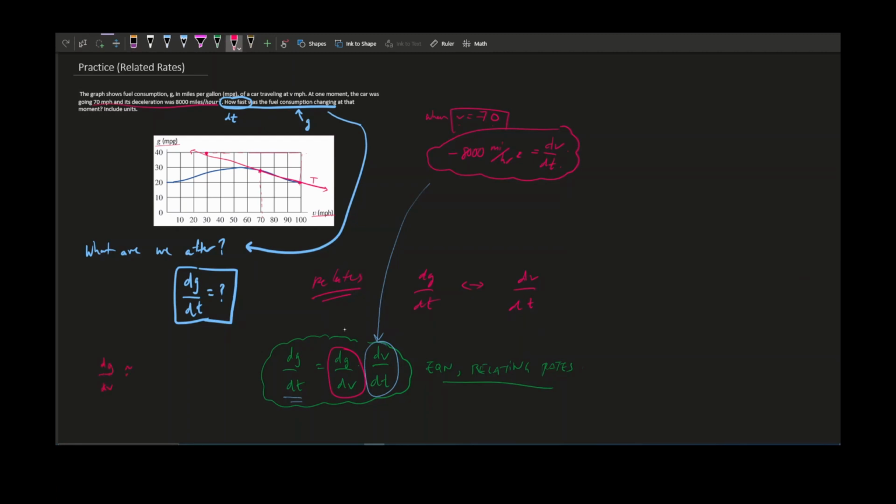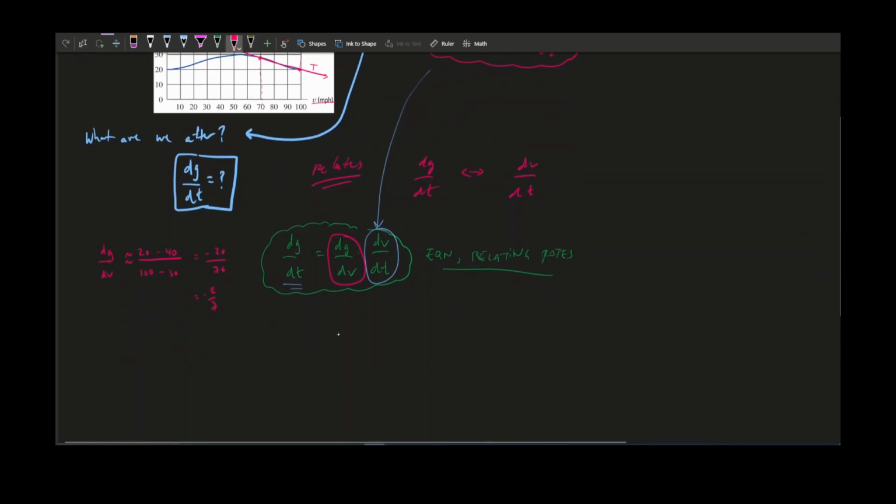So dg/dv is approximately 20 minus 40, the change in the height over the change in the input. So that's negative 20 over 70, which is negative 2/7. So then dg/dt is approximately negative 2/7 times dv/dt, which we said was negative 8,000, all for a grand total of